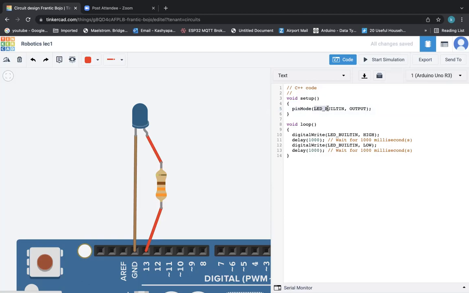And then this LED built-in. This is a specialized code. This pin number 13, especially they have labeled it as LED built-in. So there's another word for pin number 13, which is LED built-in. Now what I'm going to do is delete this LED built-in and type just 13 here. You can see it is typing with a different